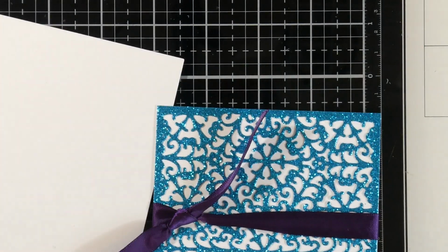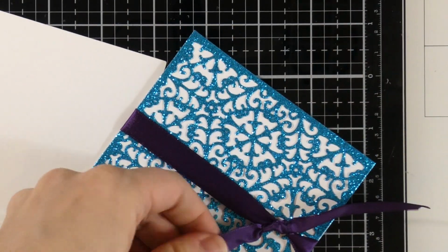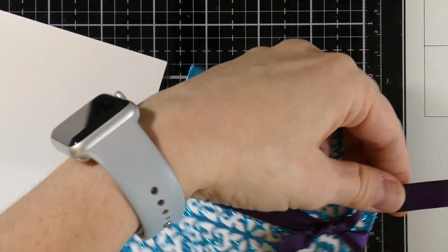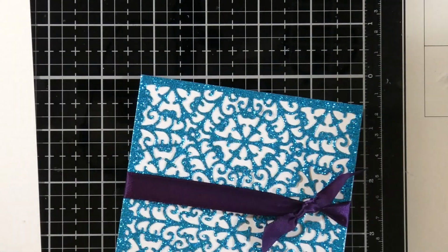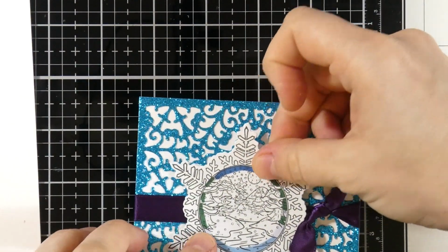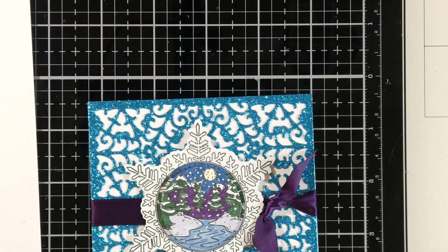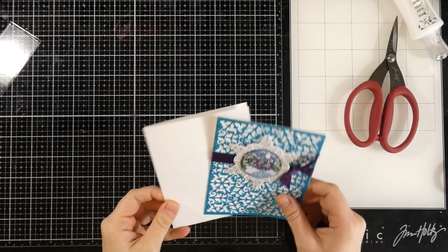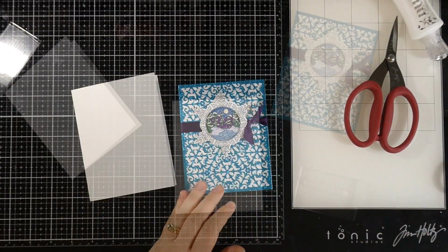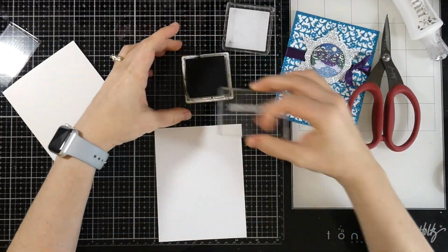But all I did was attach down the die cut that I cut out onto some white cardstock, and then I took some of the ribbon from the inspiration box and tied that around the top. I'm going to put some foam tape on the back of the snowflake, and then I will attach that down to the center, and then I'll also put some foam tape on the back of the circle piece that I cut out so that we have lots of dimension going on, and I'll attach that down to the front of my card base